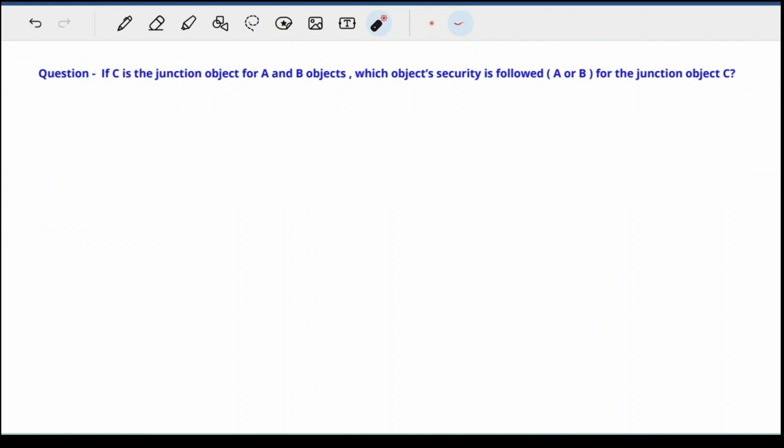So in this video, I'm going to cover some admin questions. These are very important questions, very interesting ones. So stay with me. The first question is, if C is the junction object for A and B object,